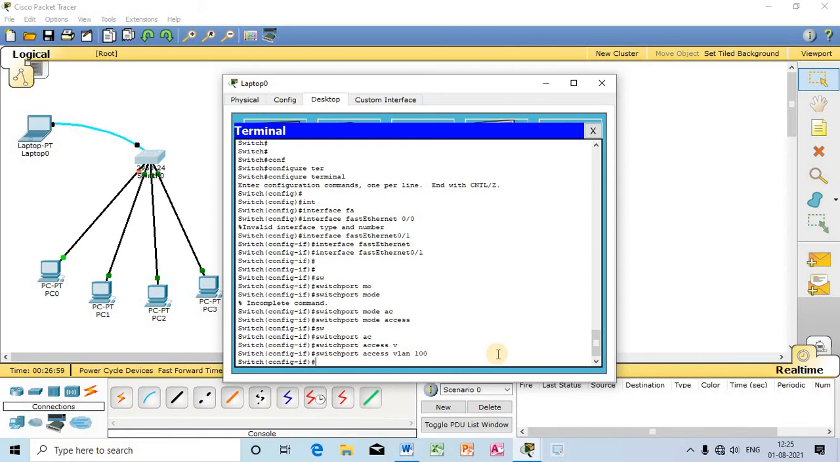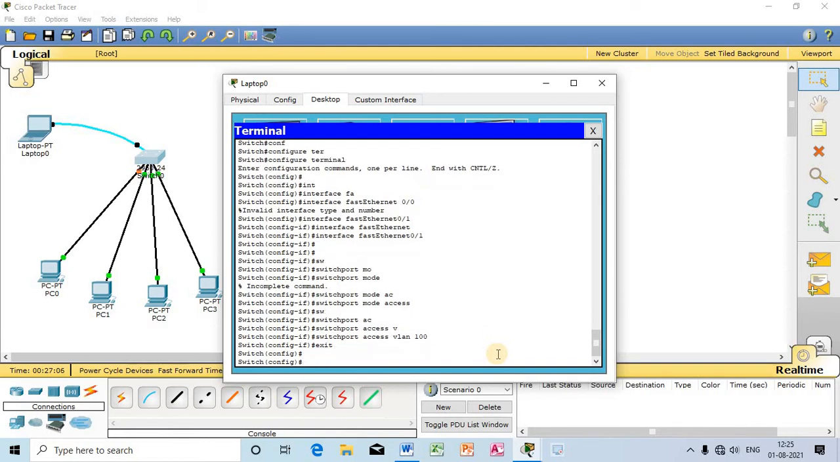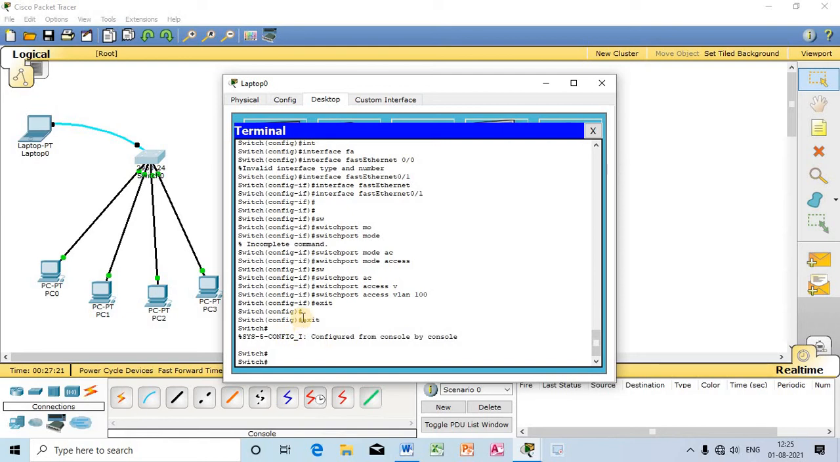Let us observe. To observe that, I'll write the command exit. Now you can watch, from that particular interface I have moved backward to the config mode. Now again I will write exit. Watch out, from configuration mode I have moved backward to enable mode. In this mode I will watch the status of the switch again. To watch the status I will write show